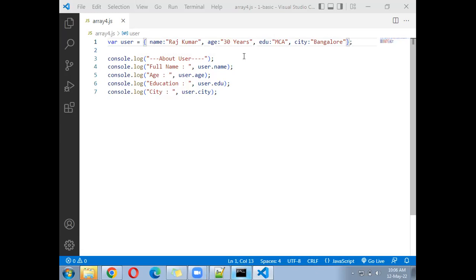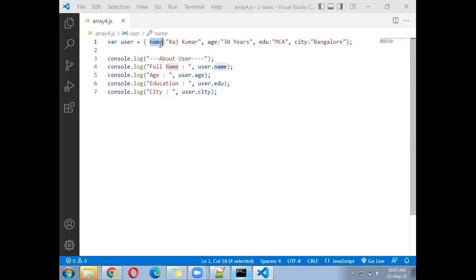So when we click on the edit button, request will go to the backend, and from the backend, the user details will come in the form of object, and that looks like this. Then in JavaScript we can write, okay, object, this is the variable name, it can be anything, but